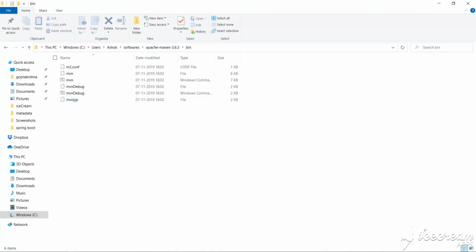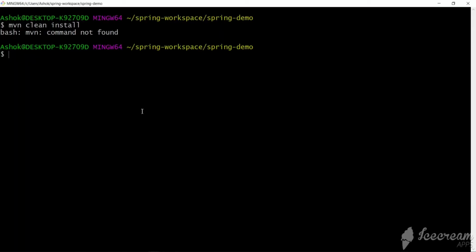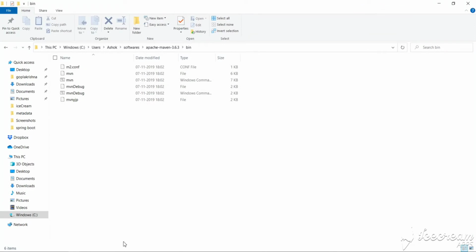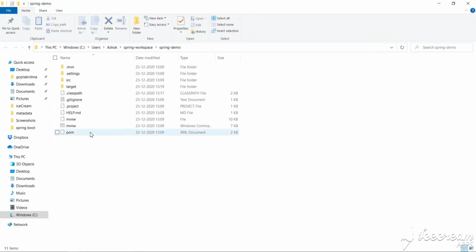Now let's go to the bash where we have tried. Here run the Maven clean install command again. It says command not found again because we opened this command prompt before installing. Let's close and open it again. Let's go to the POM file path. Here there is a POM file.